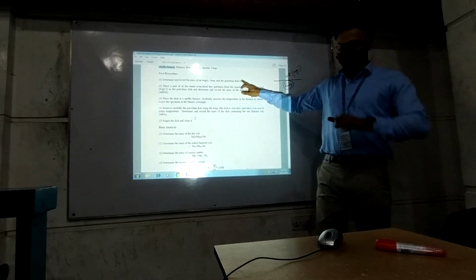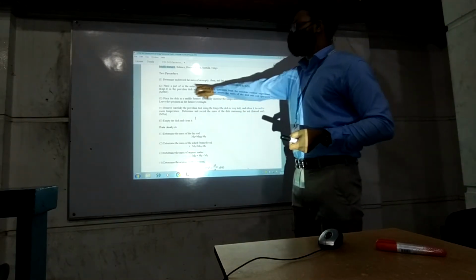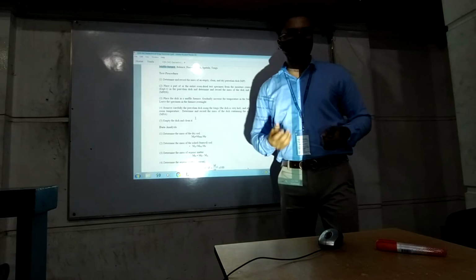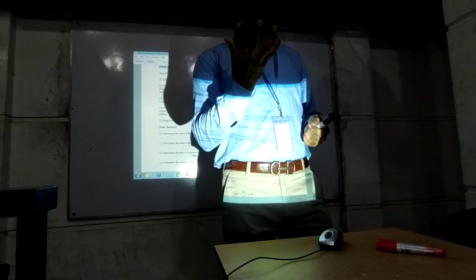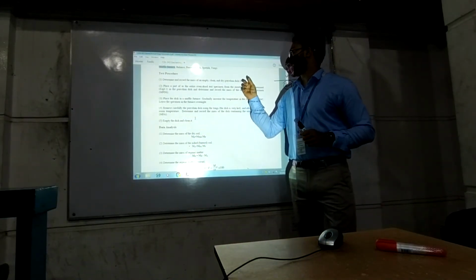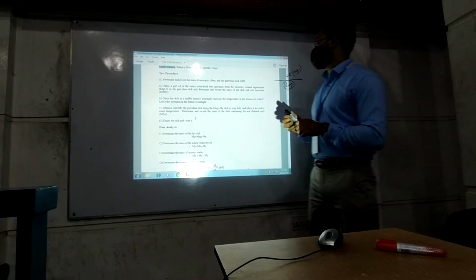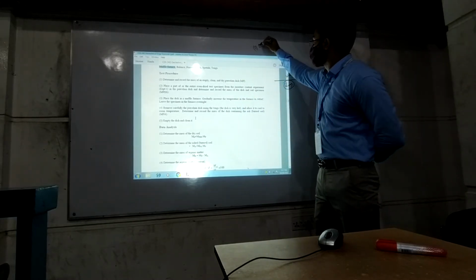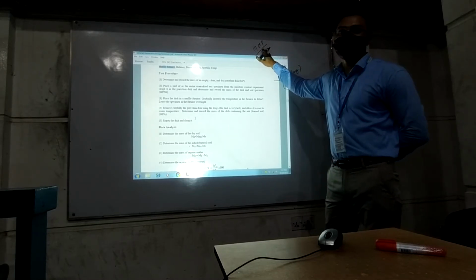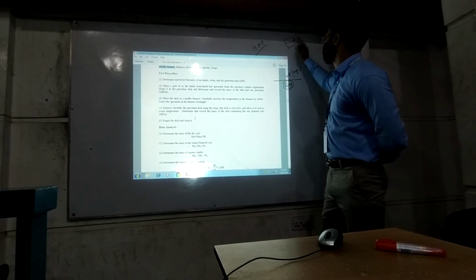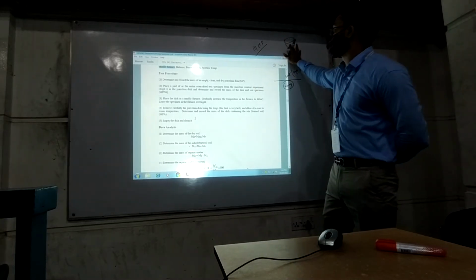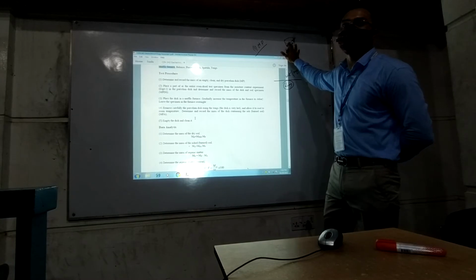What is the first step? The first step is to determine and record the mass of the empty, clean and dry porcelain dish. First, we have to take the dish and clean it properly, and then measure the clean weight of the porcelain dish. That means first we take one reading, that is MP. This dish contains no soil. It is only the empty dish.